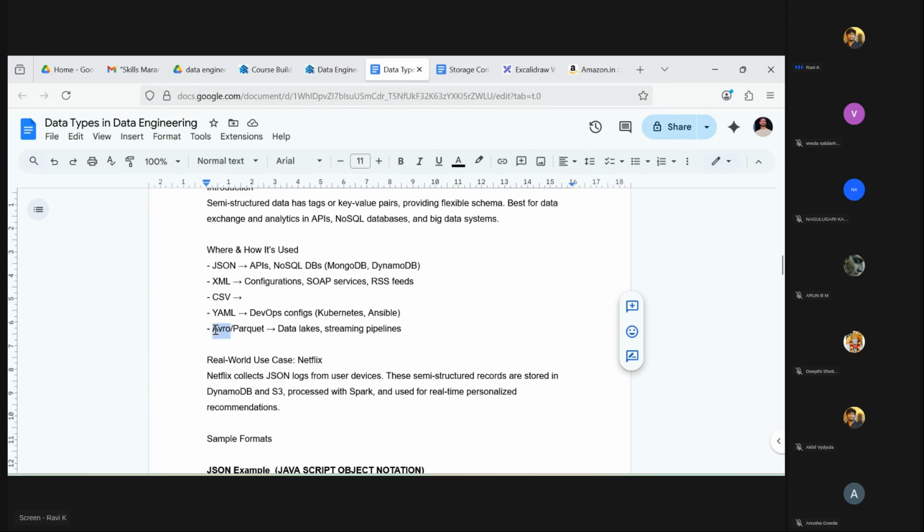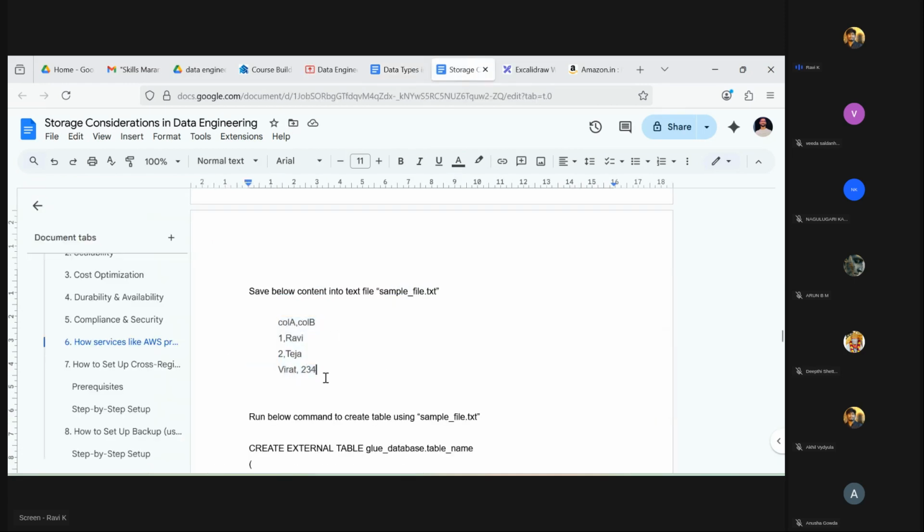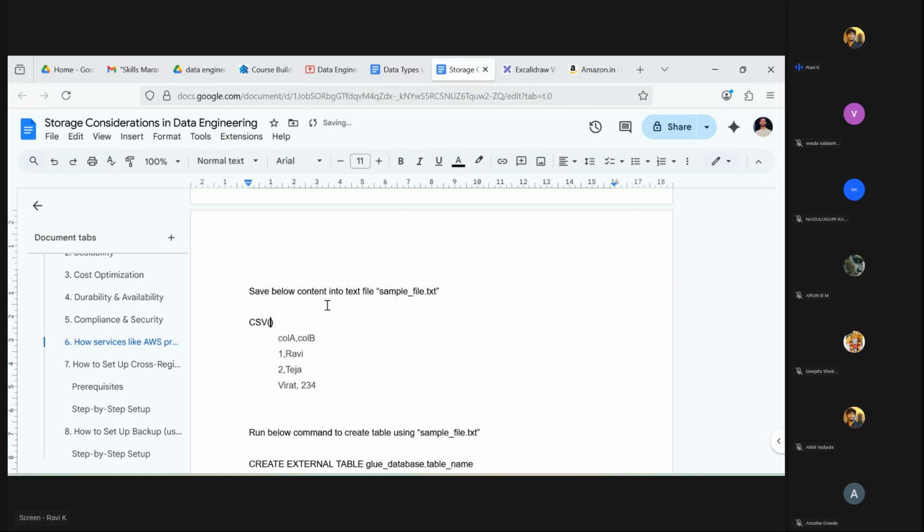Avro files you will see in aeroplanes. Aeroplanes need to send some sensor data to the controller, right? There will be some control at an airport. They need to send that data, and that will be in Avro format or something. And if you wanted to send data between IoT devices, some communication between Internet of Things devices, we are going to use Avro format. But in our day-to-day life, mostly we are going to use Parquet, JSON, and CSV. And for your information, if the values are separated by a comma, then it's called CSV, comma separated values.